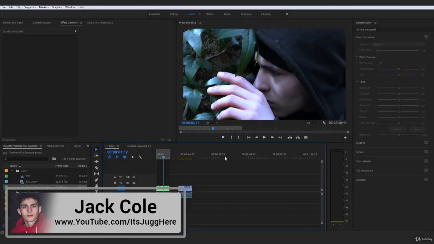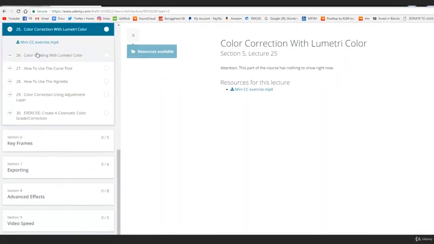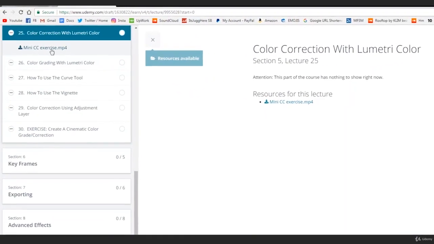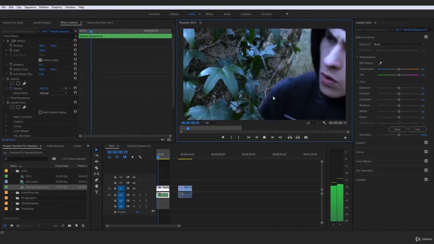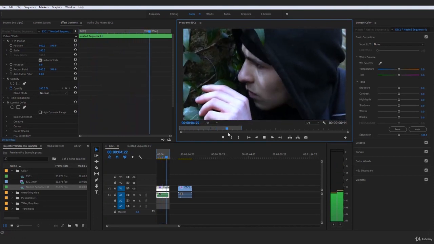Okay guys, so moving on with our Premiere Pro Masterclass, we're now going to be taking a look at how to create a basic color correction, and this is going to serve as kind of like a little mini example, except I'm not going to officially title it mini example. The reason I say it serves that purpose is because you guys can go to resources right now and actually download this exact clip that I'm going to be working through, and we are going to together have a look at the process